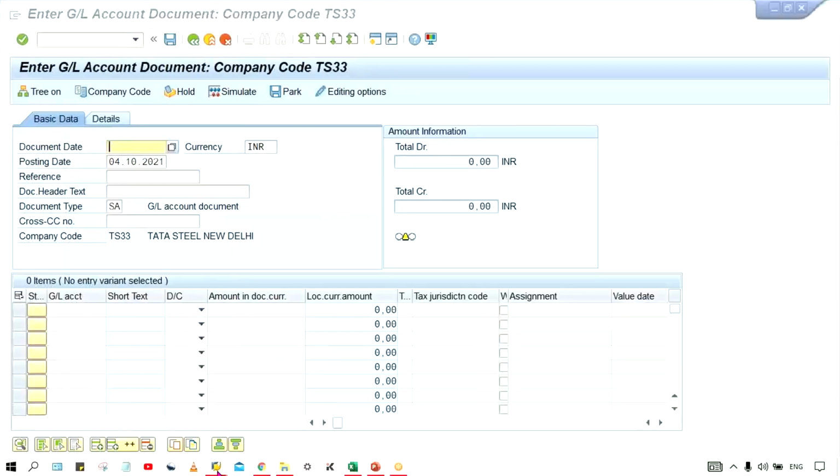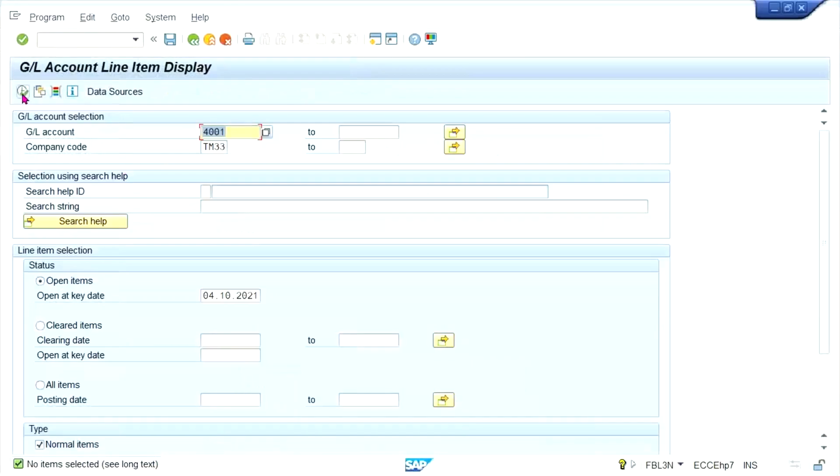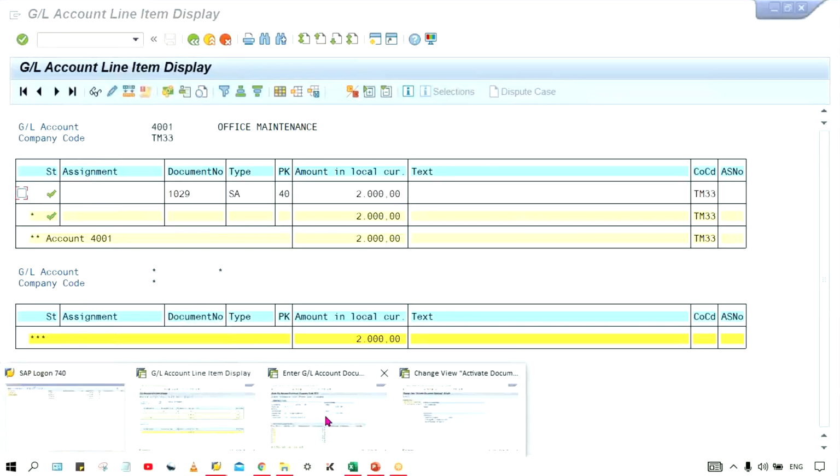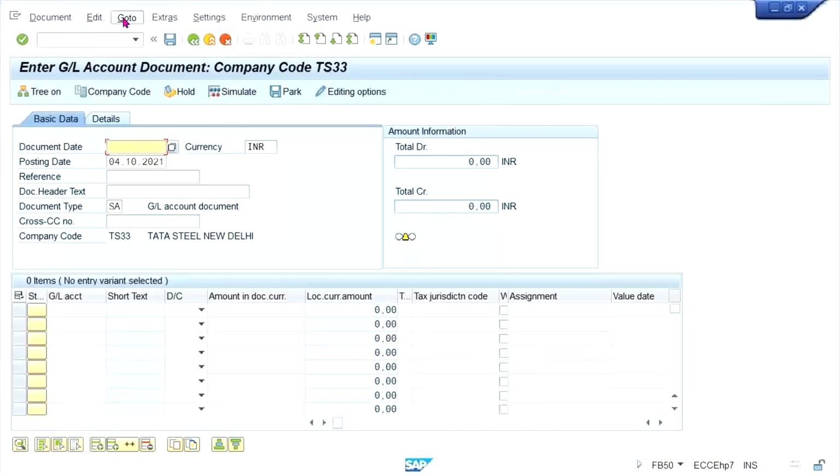Now here, okay, so it got posted, right? Somebody had changed the screen layout. Okay, anyway, now I'll just, okay. Now